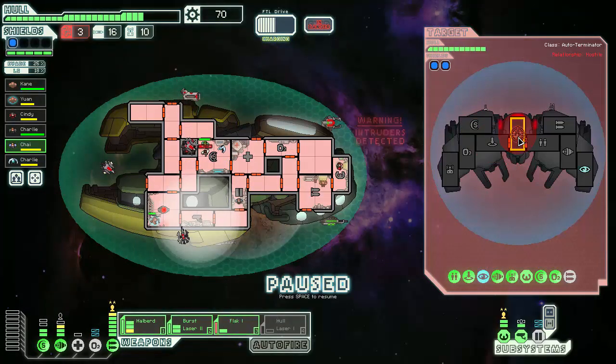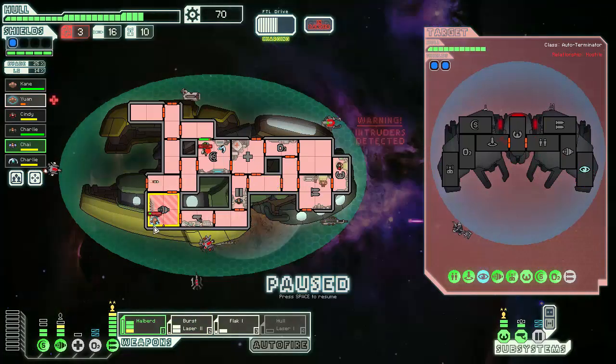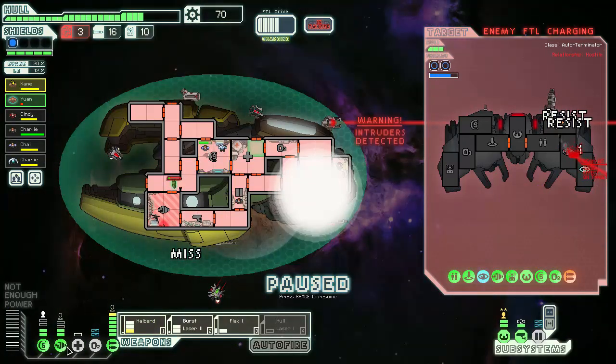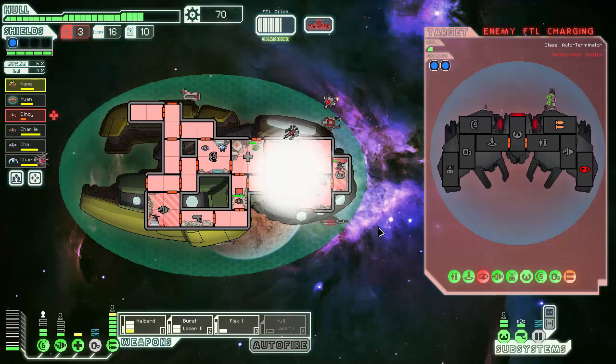Alright, flak. Bursts on cloak. Get out of there. Albert. Now he's starting to resist everything. Okay. He doesn't really have all that much left. Fortunately, so does our oxygen supply. I think we'll be good. As in, we'll probably...